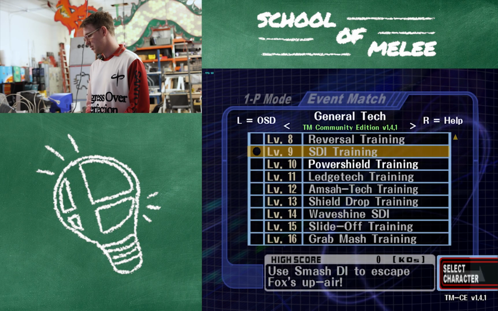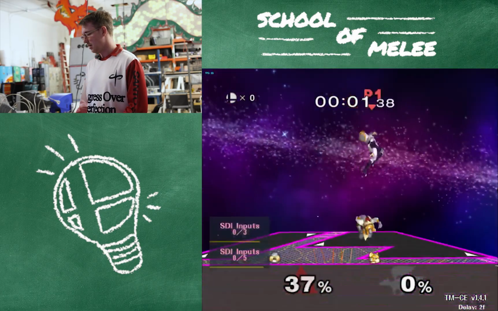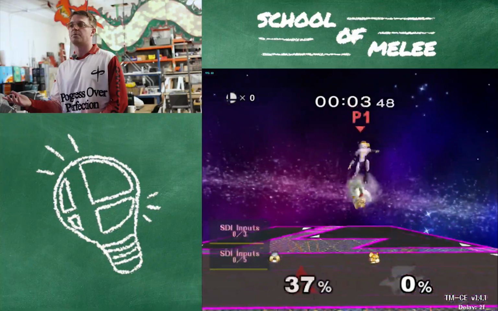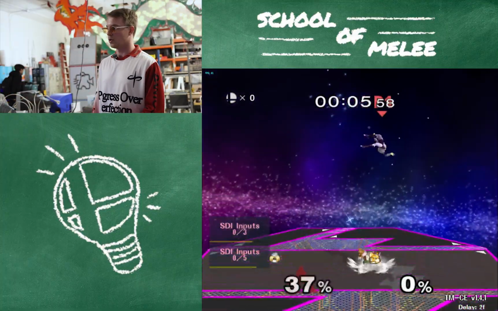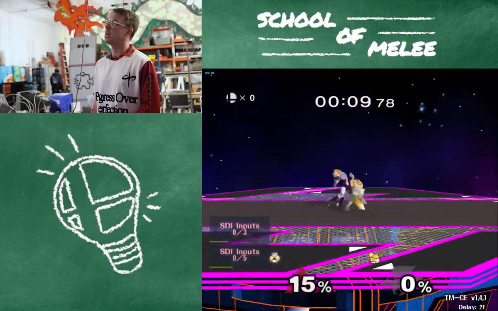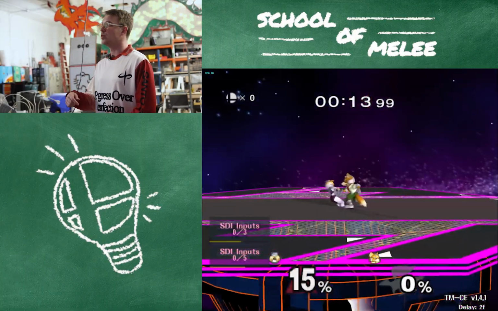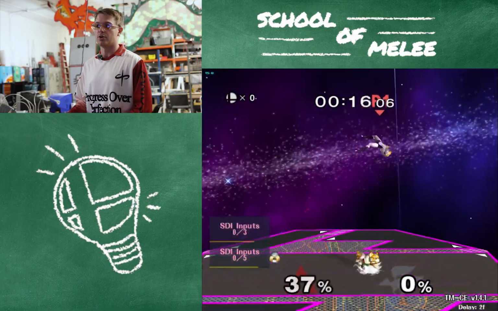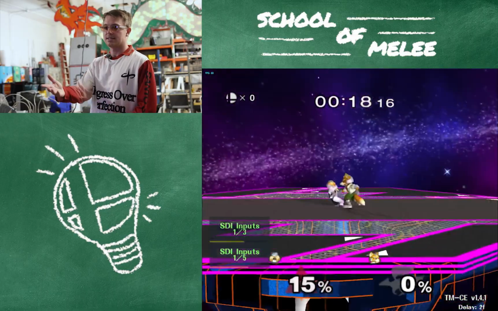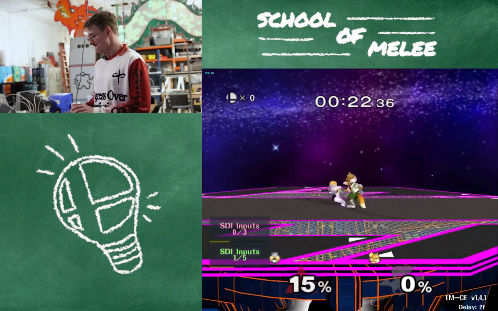SDI inputs, go back to my SDI training, and then you can see I'm missing all of my SDI here. Obviously, my hand isn't even on the controller, but SDI is a very powerful defensive mechanic. I think sometimes when people try to implement it, they are either too late or too early consistently, and they don't know that. So if you're here, you can practice, like there. I at least got some SDI, or if I do like really crazy,